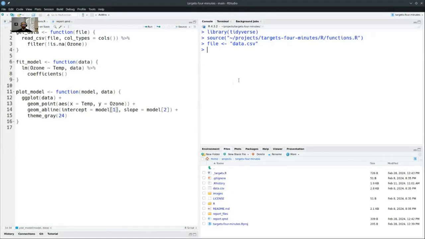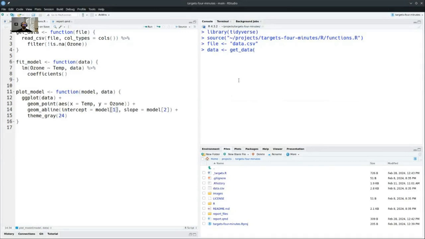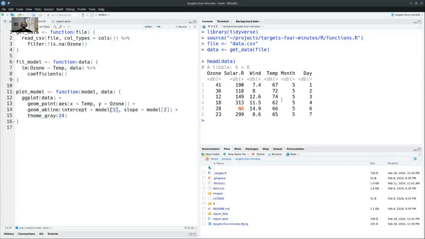If I were to walk through the code for a scaled down version of this pipeline, I might say, okay, let's transform the file into this data object that we're going to use. So data, and I use the get data function, which I wrote, and the data is going to be this air quality data set from base R. And let's say I want to fit just an ordinary least squares regression model to the data.